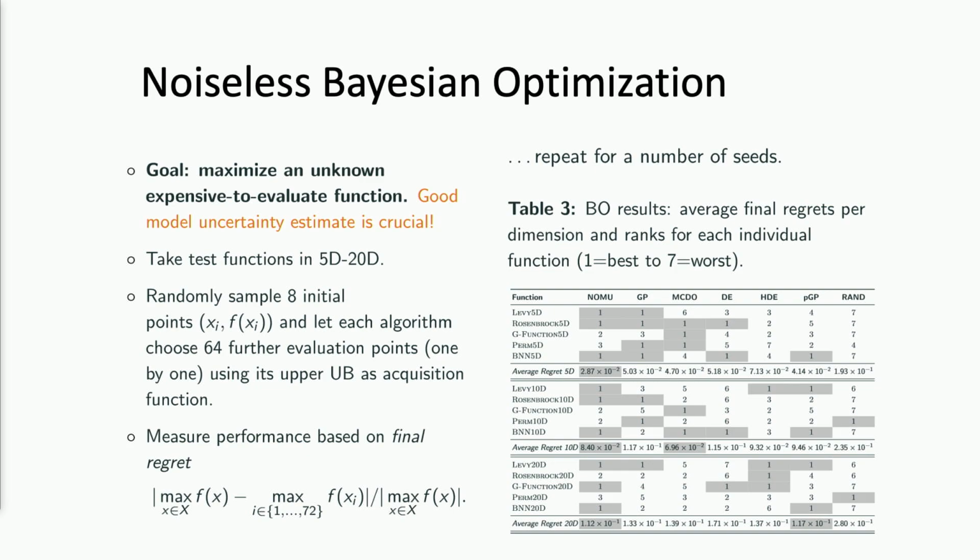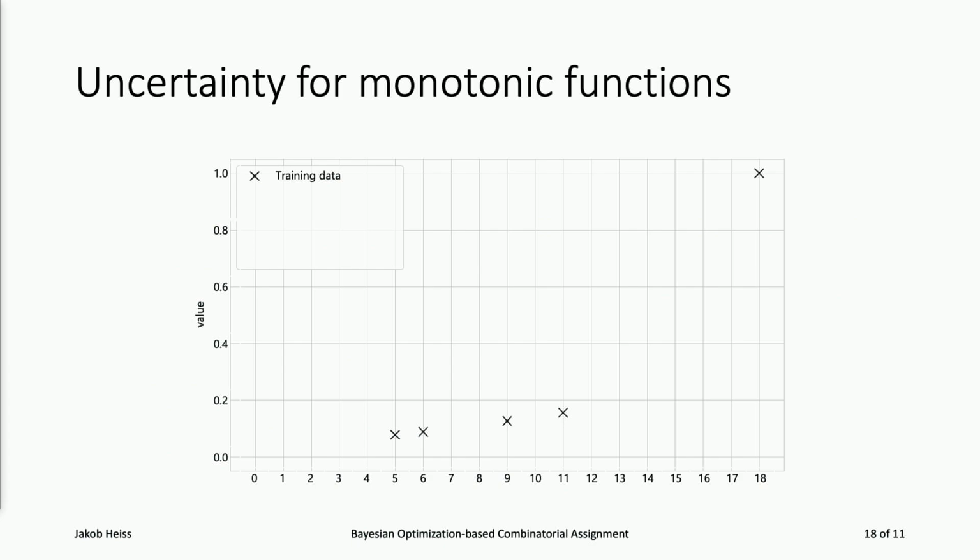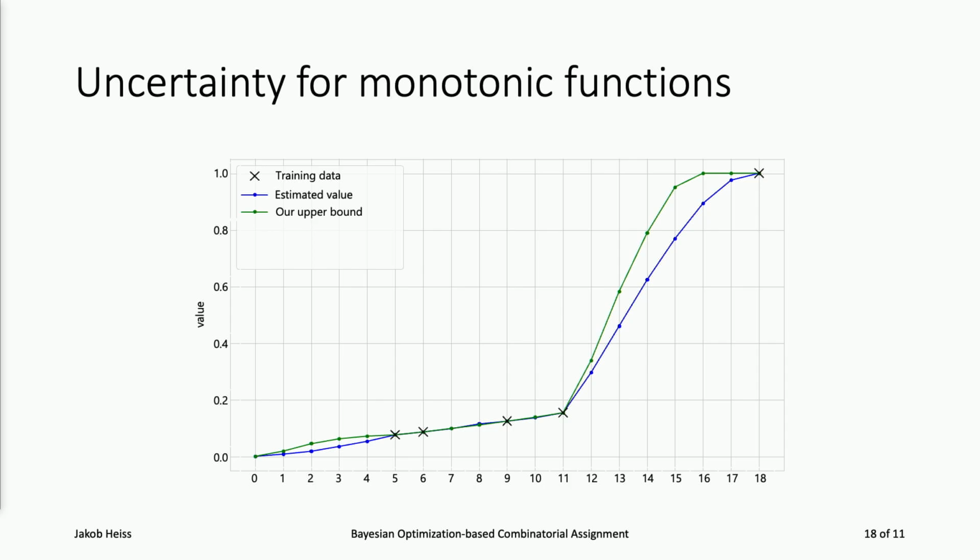We perform clearly better than the other benchmarks most of the time. Okay, and then this method can also be easily extended to monotonic functions, where we can also compute the upper uncertainty bound with a slight variation of NOMU, where we have the prior that our function is monotonically increasing. And this is quite a specific situation, because then we have a 100% uncertainty bound, where we know the truth cannot be below this bound. This is also one reason why in this case Gaussian processes wouldn't work, because Gaussian processes always have